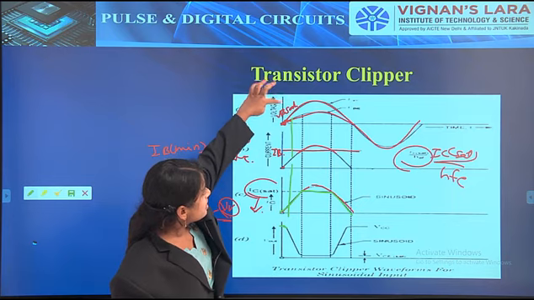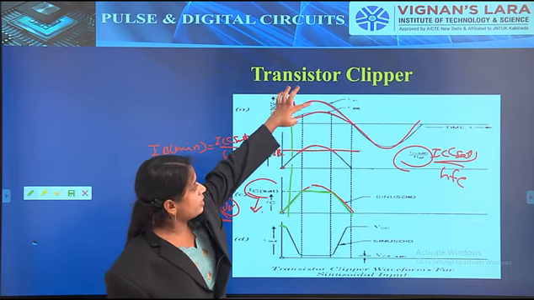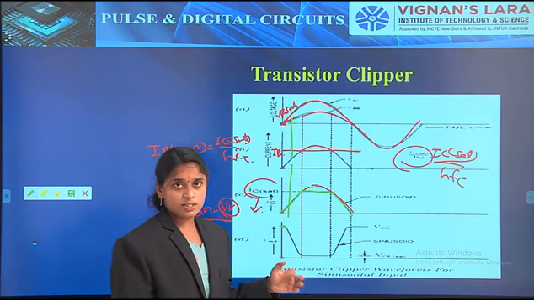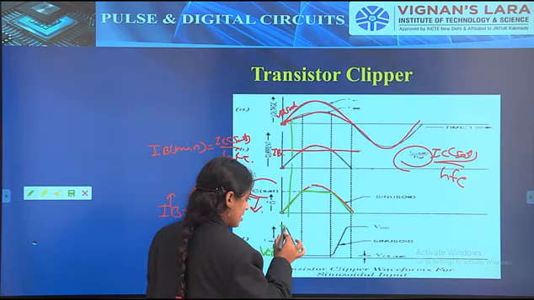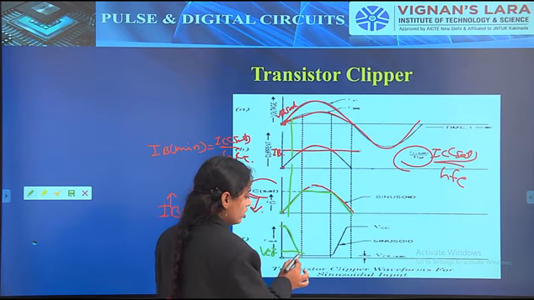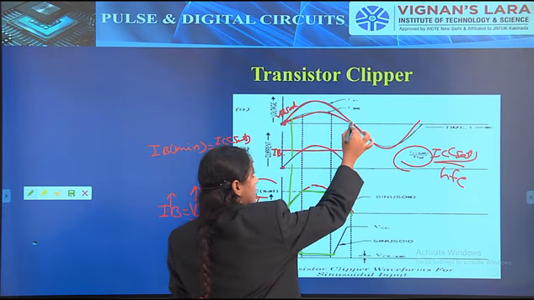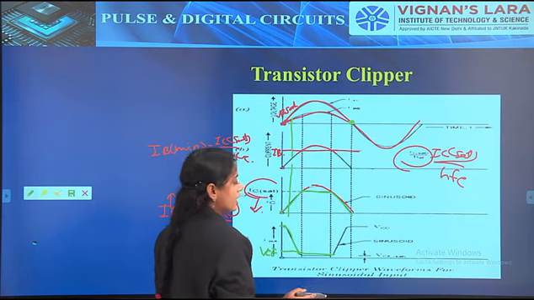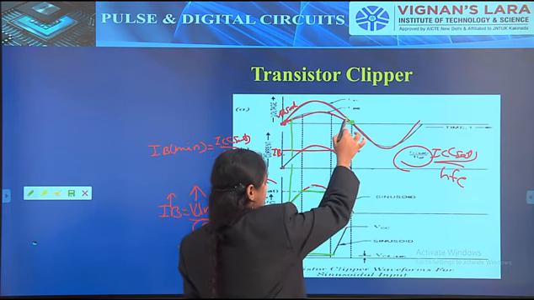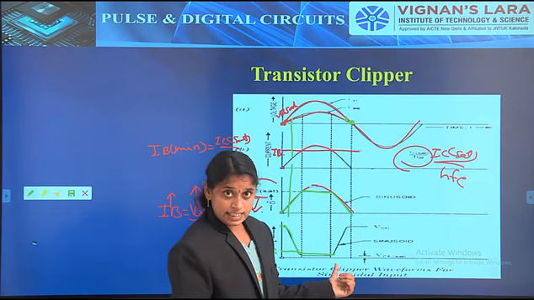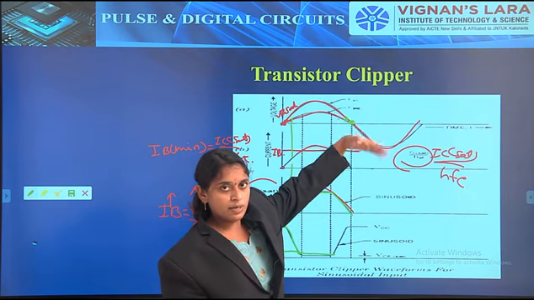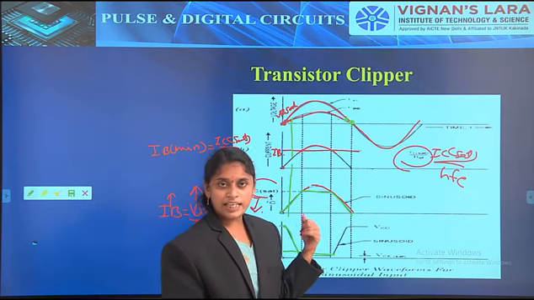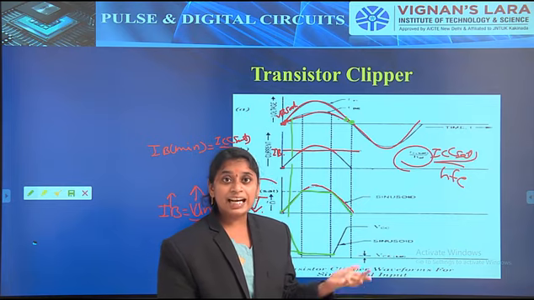And when the transistor becomes on, that is, when it reaches the VBE value, obviously the transistor is in on condition, then the output will be VCE sat. So this is the VCE sat value. There is a transition from VCE sat up to the V gamma level. When it reaches V gamma and then the voltage decreases, that is 0, 1, 2 and so on, then -1, -2, -3 and so on, obviously the transistor again goes to the cutoff region.